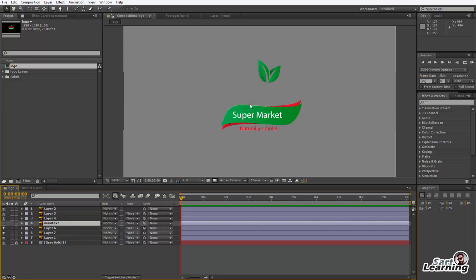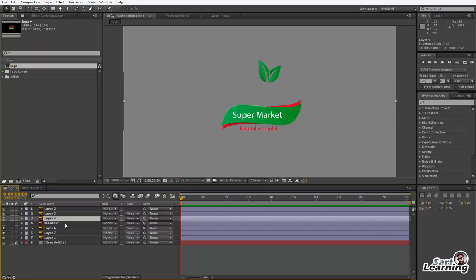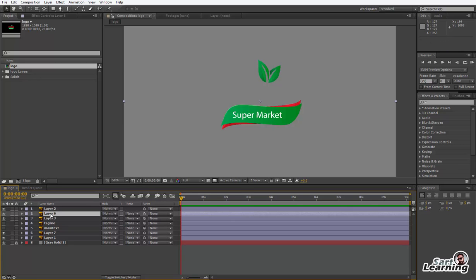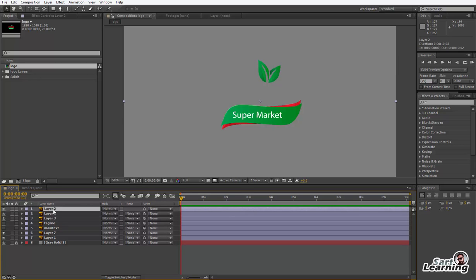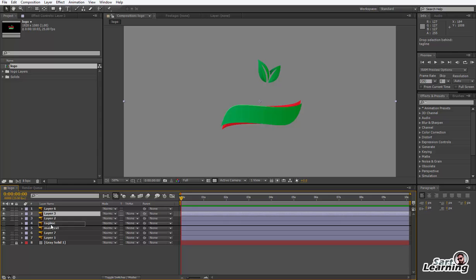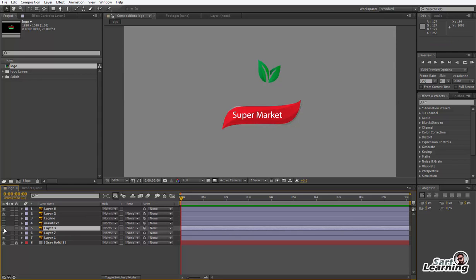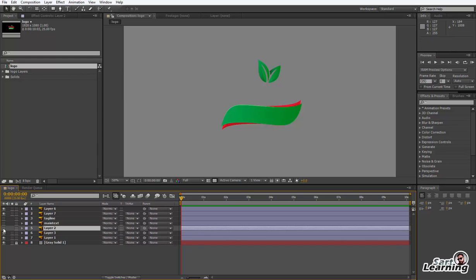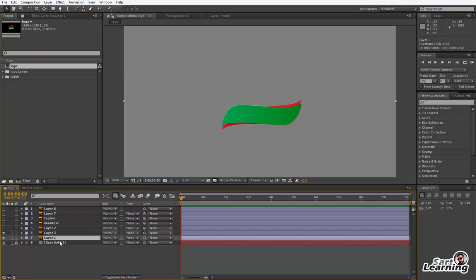So this is my main text part. You can give it a name or whatever you want. If you want to animate without giving a name, you can, but it's a good habit to give proper naming, so you can select by name also. So I'm just giving the names and placing the layers accordingly. So all layers are placed.